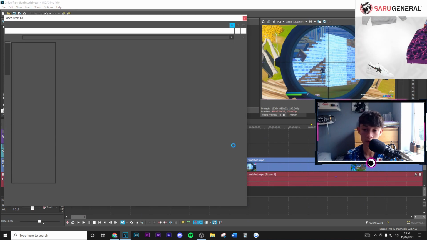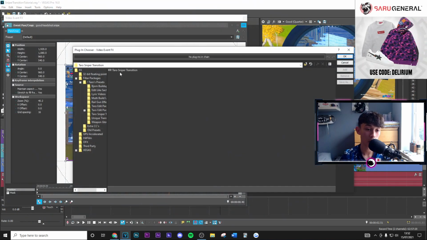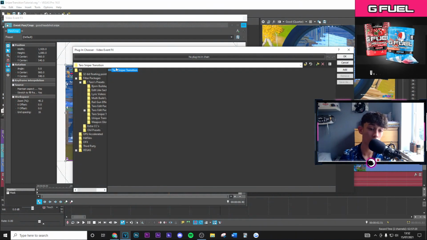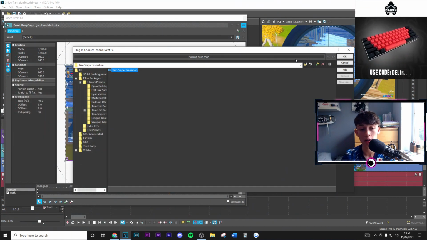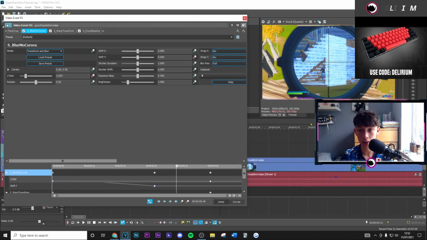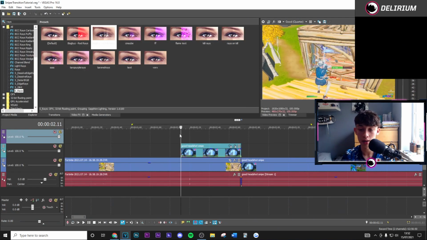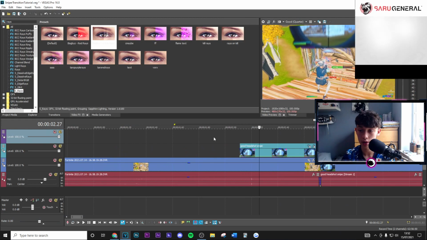Then go on to effects. Wait for this to load up, and we're going to apply the preset that's going to be in the pinned comment below. Go ahead and download that. It's the only thing that you should need for this effect. Again, you can apply some overlays if you want to make it look even better, but that's up to you to be creative and use what you want. So apply that there, and as you can see